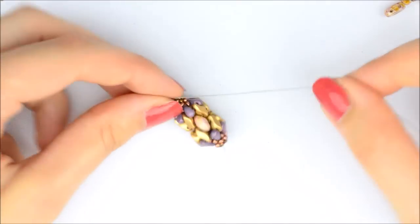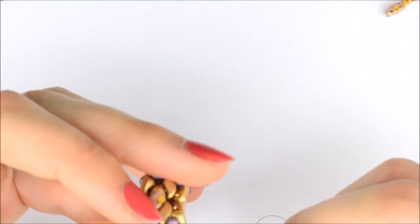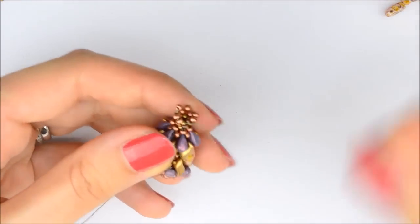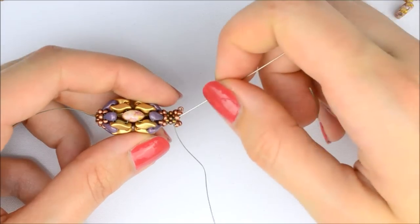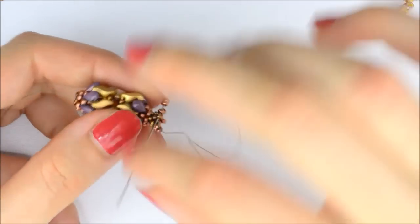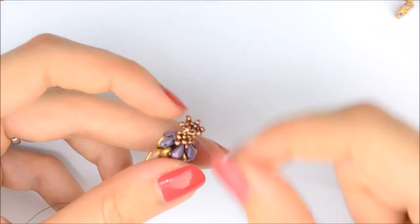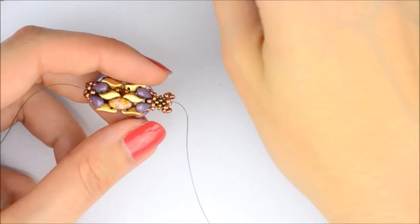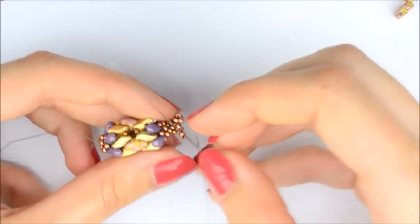It can make complicated looking designs, although it's just a mixture of two stitches. I'm still continuing in my work. There's nothing new. In each step I'm adding 2 11/0s and continuing with the CRAW. Yeah, I have added the 5th segment, so I need to close the 6th one where I add only 1 11/0 because I already have all the beads here already,